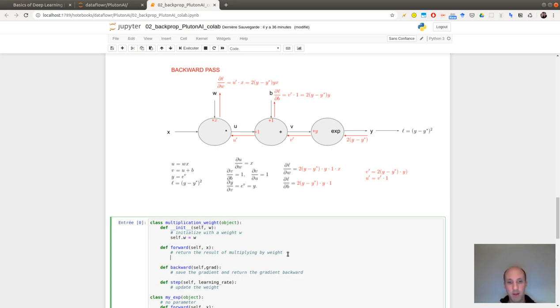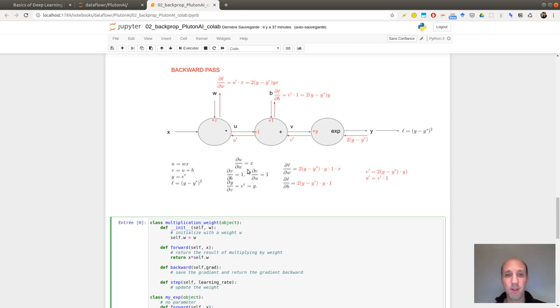Multiplication by the weight, x times w. For the backward, what is the gradient of multiplication by w? So this is the operation u equals w times x.